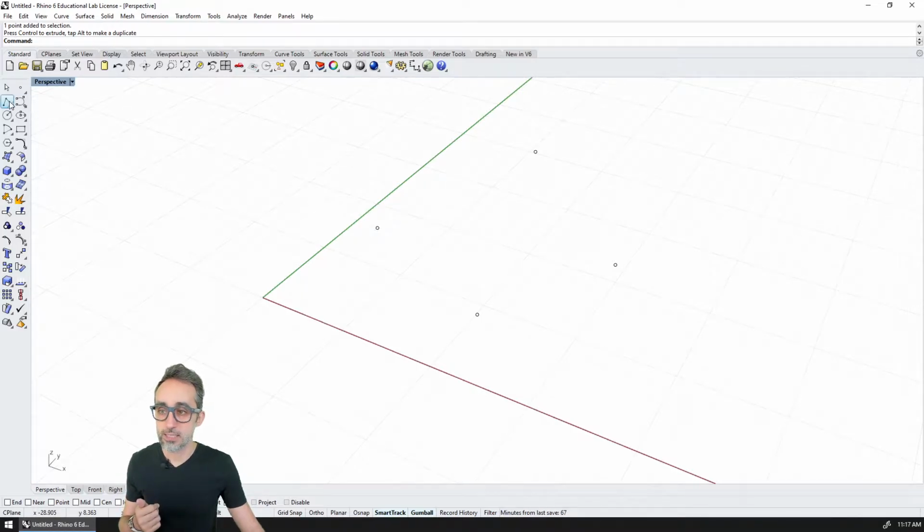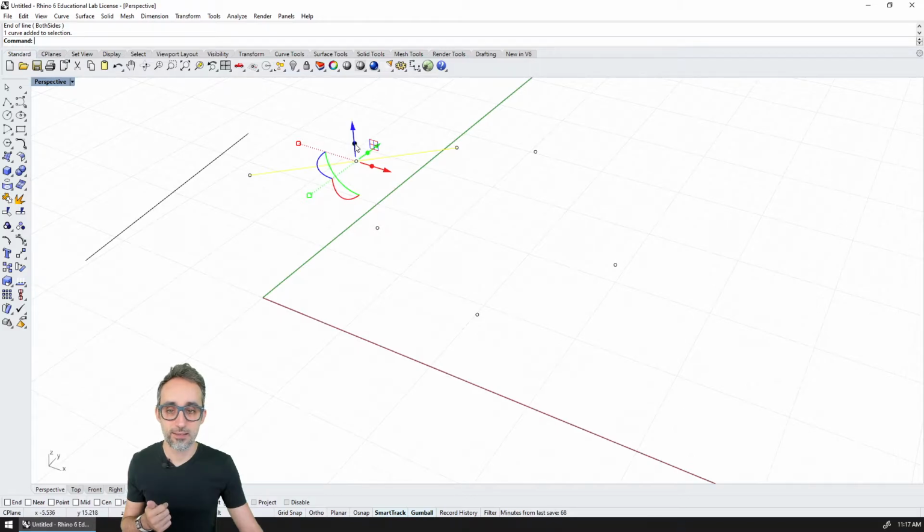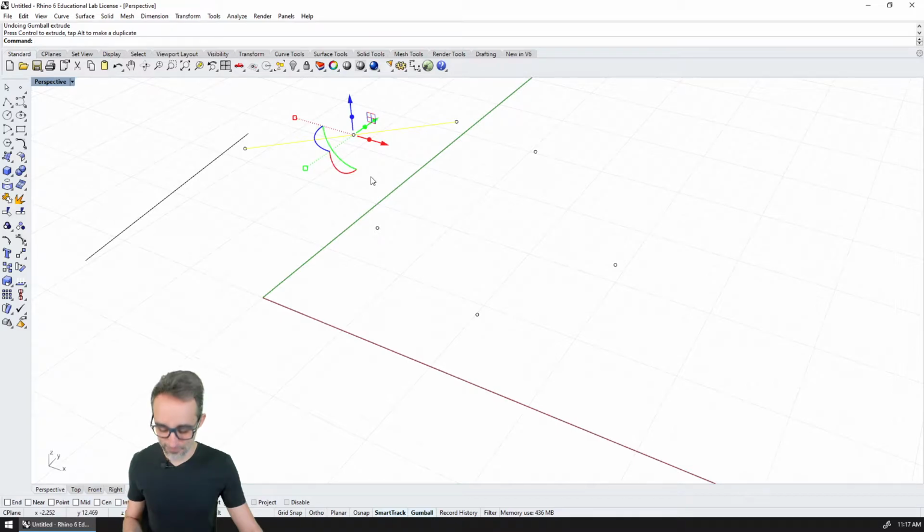I can also create simple lines. For example, if I long click here, you can see that I can create single lines. That's going to be a line between 2 points. I'm going to repeat another line between 2 points. And then if I click on the line, I can move the whole thing. Oops, I can actually extrude it. But I can move it if you just click on the arrow. I can move the line in three-dimensional space.